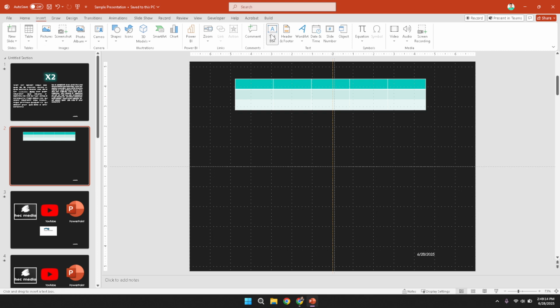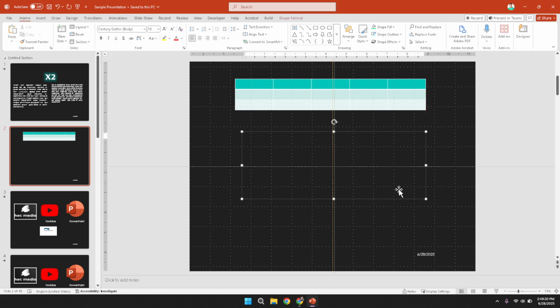This feature is crucial because it allows you to add custom text areas where you can type in any content you need, and importantly, you have the flexibility to adjust the text directly on the slide master. Upon clicking the text box button, your cursor will change, indicating that you are now in text insertion mode. With this change, you have the freedom to click anywhere within the slide master where you would like the text